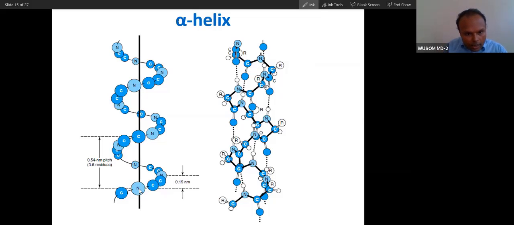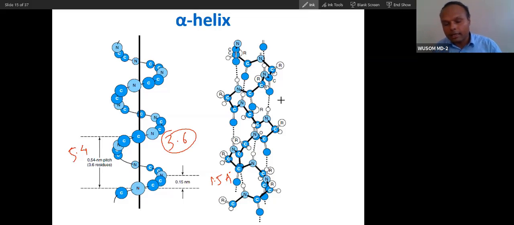Now you can see that the height between these two amino groups is 1.5 angstrom or 0.15 nanometer, and the pitch is 5.4 angstrom. You don't have to memorize this pitch. Just remember, one pitch has nearly 4 amino acids, 3.6 amino acids. That's it. And remember, alpha helix and beta sheet are stabilized